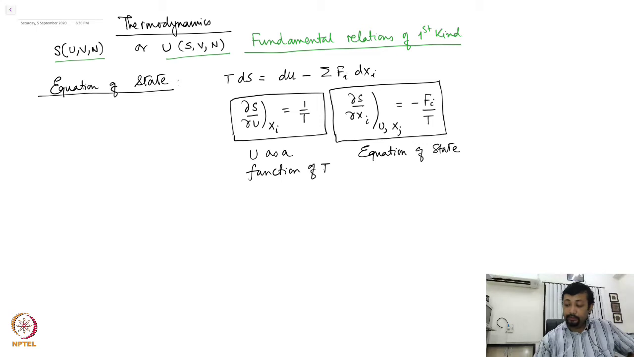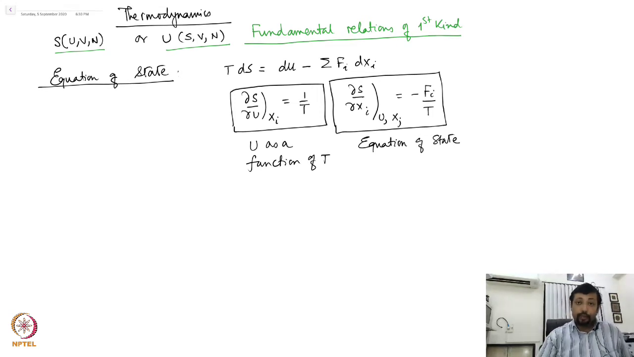So clearly I have two approaches. Given this relation, I have nothing to worry about. For any thermodynamic process that is given to me, I can evaluate this. The second route is this one, where you are rather not given the fundamental relation. So these are called fundamental relations